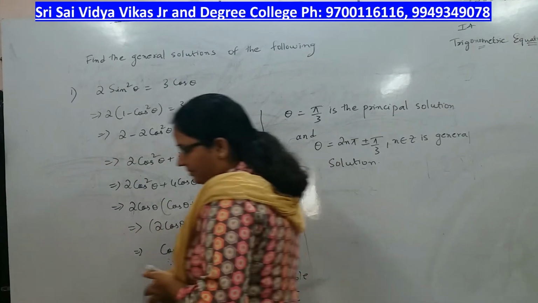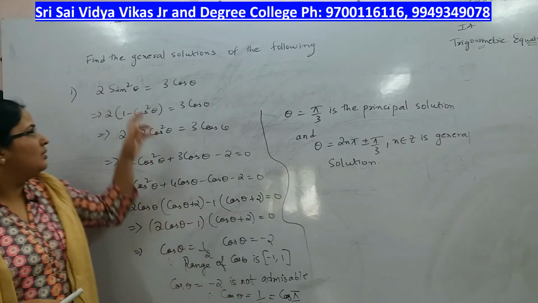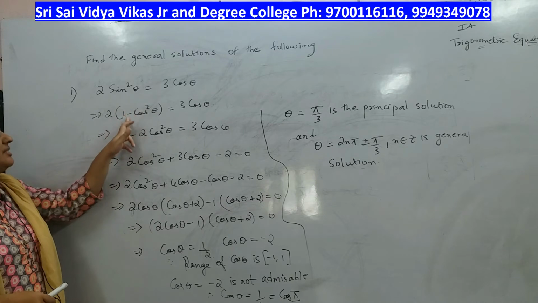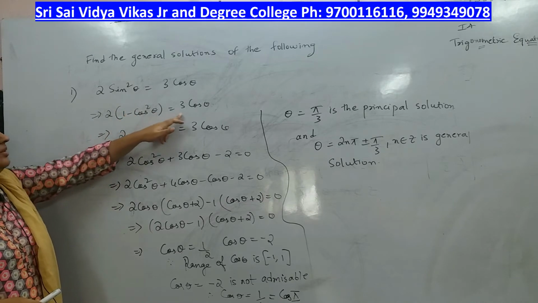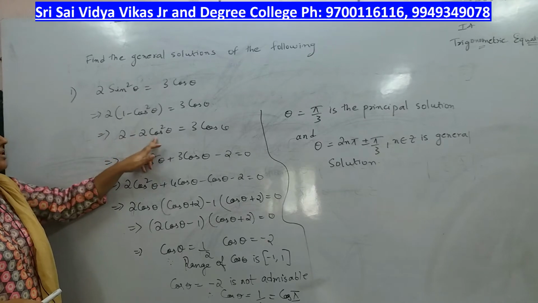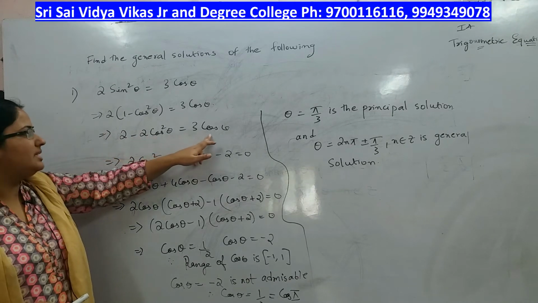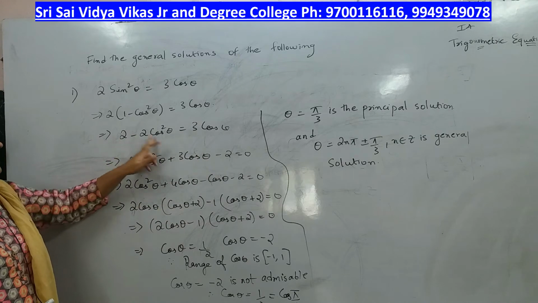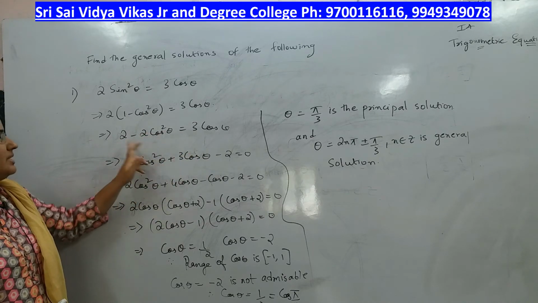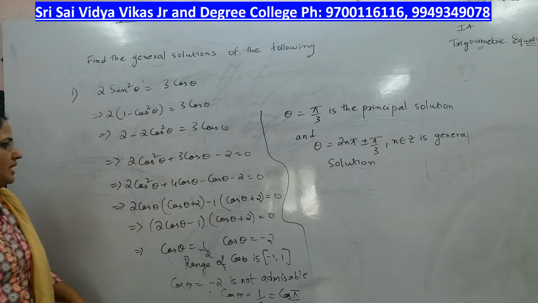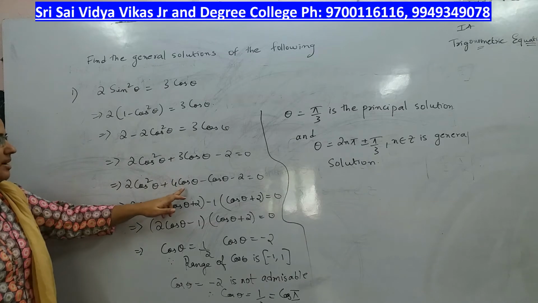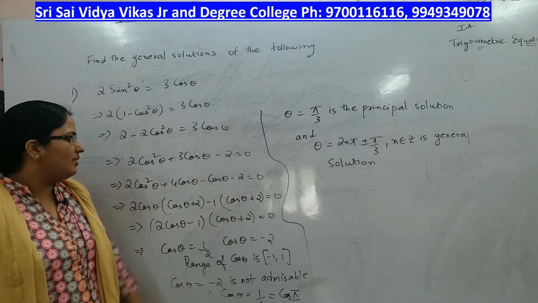Our next problem for today, 2 sin² θ = 3 cos θ. Sin² θ is 1 - cos² θ. Multiply, you get 2 - 2 cos² θ = 3 cos θ. Now, take these two terms this side. So, you get 2 cos² θ + 3 cos θ - 2 = 0. 3 cos θ can be written as 4 cos θ - cos θ...